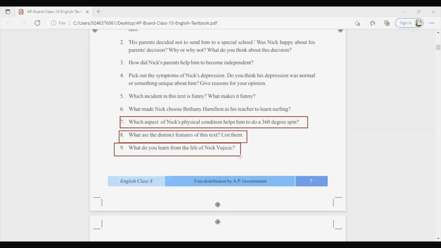So now, what do you learn from the life of Nick Vujicic? As far as I am concerned, I see that he uses his life story to inspire people around the world. Nick is using his life to give motivational speeches, and he talks about himself, how he faced the problems, all those things. As he is using his life story to inspire people all over the world, I have understood that if you fail once, we should try again and again until we get success. We should not quit anyway.